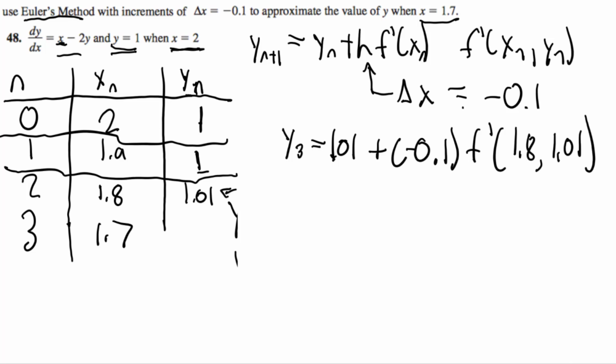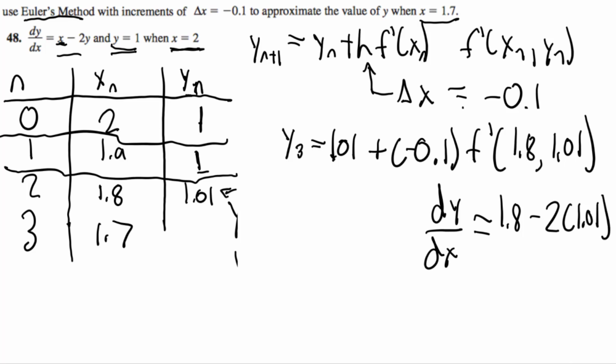We can then use dy/dx to find the value of the derivative. So we can plug in 1.8 for x minus 2 times 1.01 for y. Plugging this into our calculator, we get